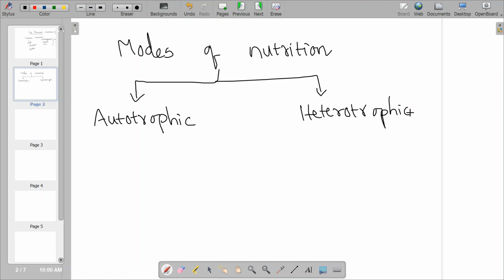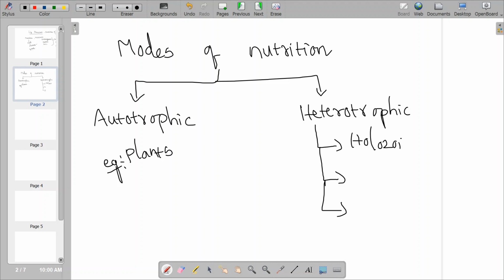So, in autotrophic nutrition, the organisms can prepare their own food. Example, plants. Okay, the organisms which can prepare their own food. In heterotrophic mode of nutrition, the organisms cannot prepare their own food. They depend on other organisms for food materials,